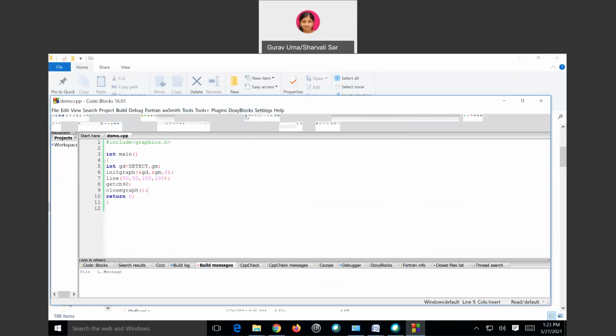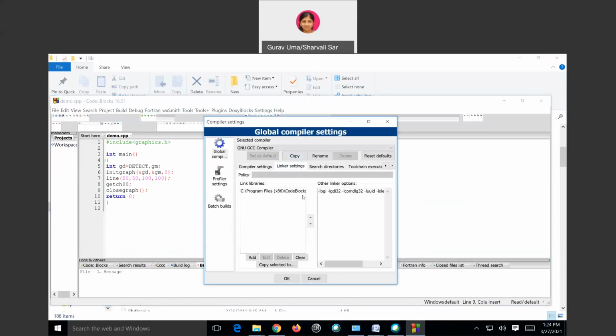Only you need to add in the compiler linker settings. These two are the important steps. Here on the left side I have pasted the path of libbgi.a, and here is the code from that text file I have pasted. So this is enough.